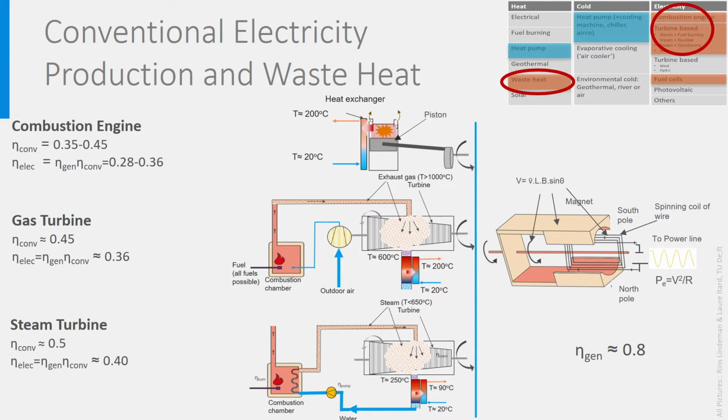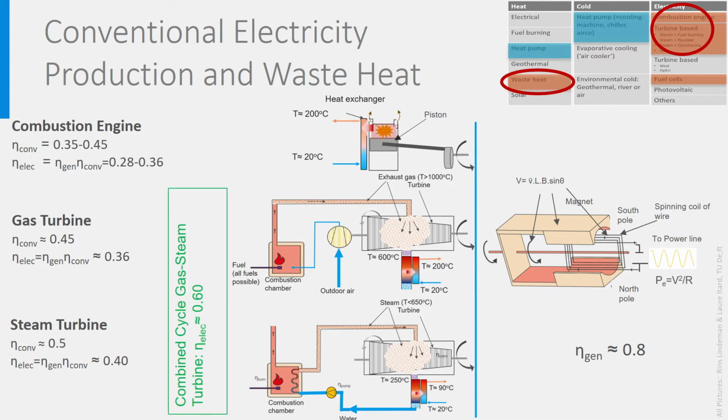There are also the so-called combined cycle gas turbines, which combines very efficiently a gas turbine with a steam turbine. The heat from the warm exhaust gas from the gas turbine is used instead of a boiler to produce steam for a second turbine. This way, two turbines are driven with one quantity of fuel instead of two, and two generators are producing electricity. The total efficiency of such a combined cycle is around 0.6. Most modern power plants use these combined cycles.